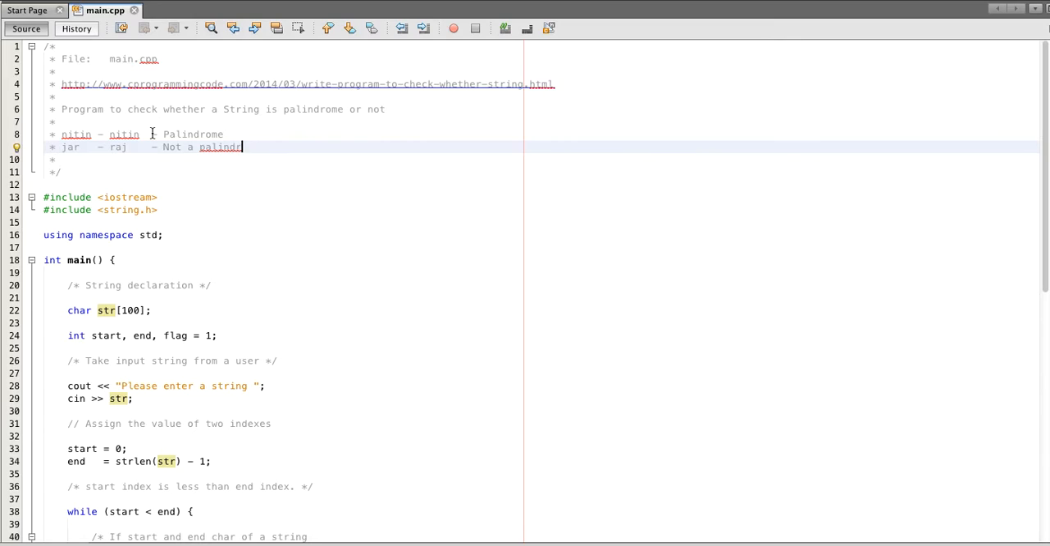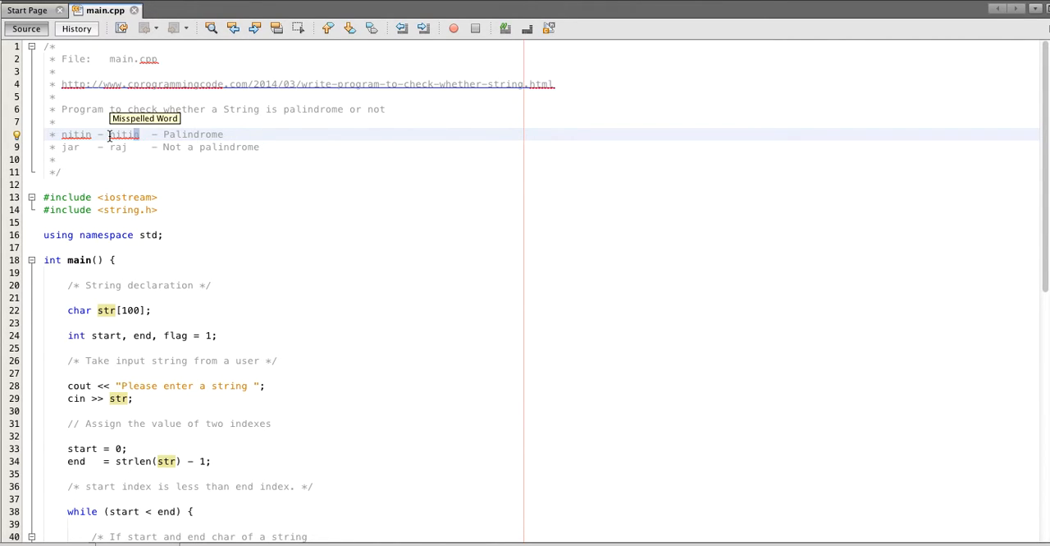So how do you check? How do you write a code to check whether a string is palindrome or not? So the logic is very simple. Take two indexes, start and end. Start will start from the beginning and end will start from the end of a string, and compare each character